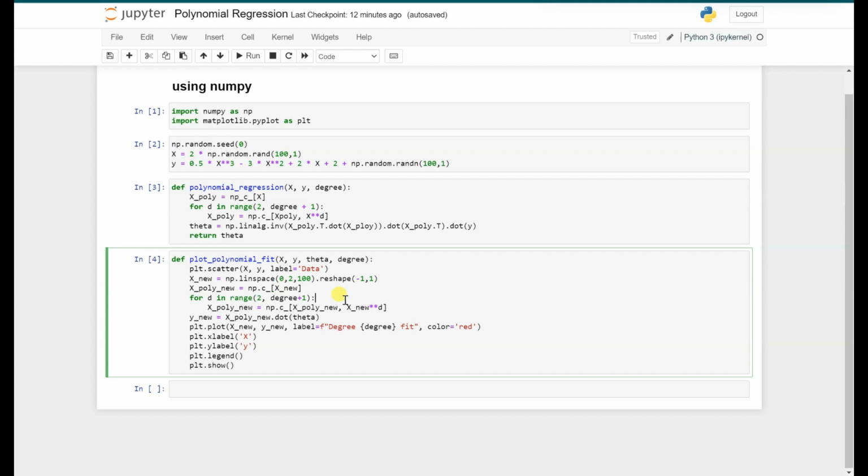Okay, so here basically we are iterating over degree starting from 2 up to the specified degree, and this loop generates additional polynomial features for higher degrees for the x values. And then in the next line, we are adding a column to the x poly new matrix, each representing a higher degree term of the original feature for the x values, and then we are computing the predicted value